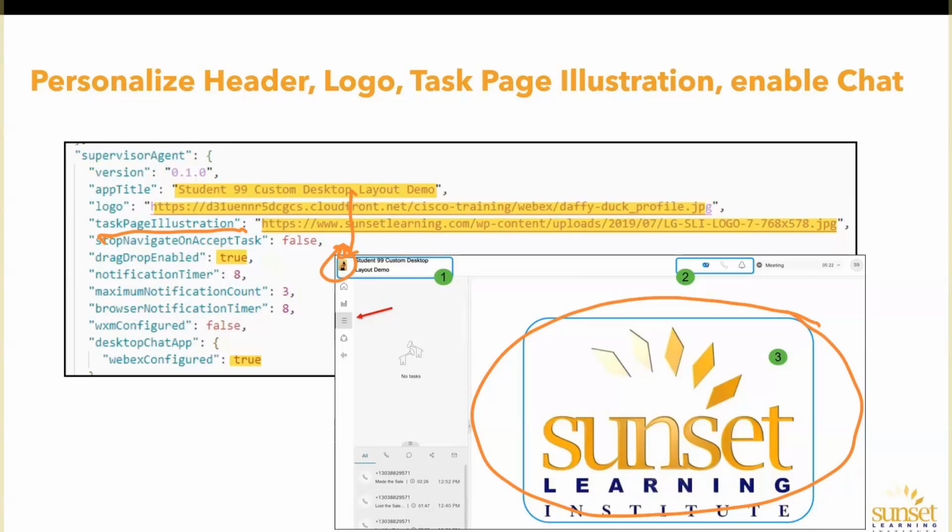We'll also talk to you about enabling this drag and drop functionality. Drag and drop will allow agent supervisors to maybe customize their own layout if they don't like the way it looks, making things bigger or smaller. This will allow them to do that. We've also, on this particular screen,